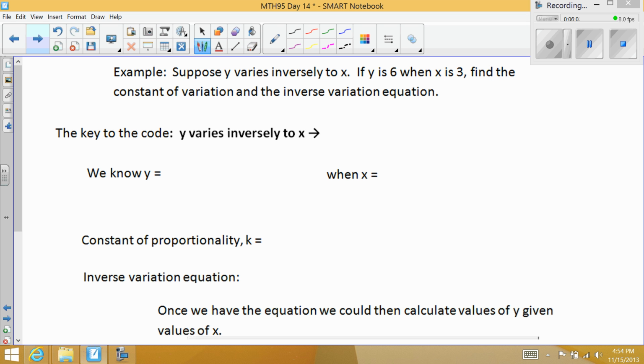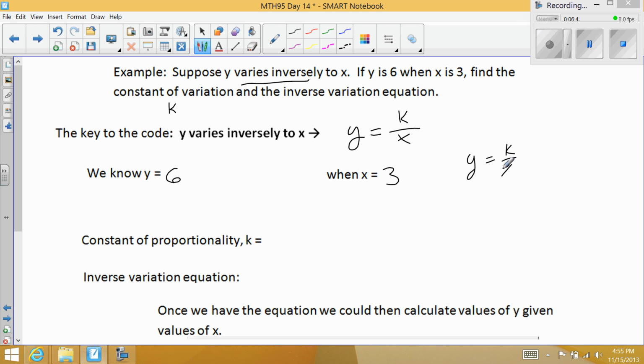So for an example, suppose y varies inversely to x. If y is 6 when x is 3, find the constant of variation, k, and the inverse variation equation. So since we're told y varies inversely to x, we know we're working with a y equals k divided by x model. We're given some additional information. We know y is 6 when x is equal to 3. And then we need to find our constant of proportionality, so we can take our known pieces of information, our known values for x and y,